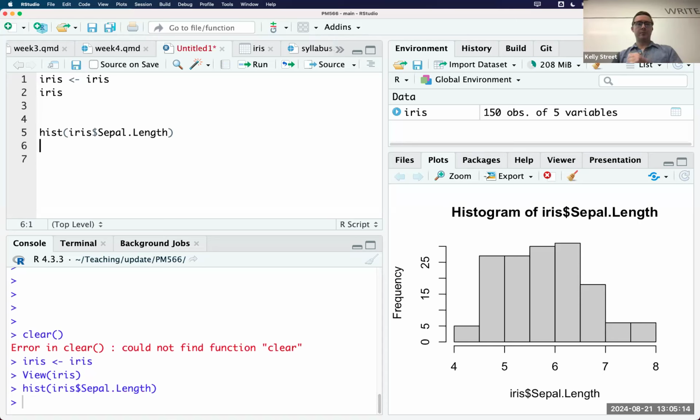You might not particularly like this histogram. It's got a lot of ugly elements to it. I really don't like that it shows iris$Sepal.Length in both the title and the x-axis, but it's a quick and easy way to look at this distribution. We can do the same thing